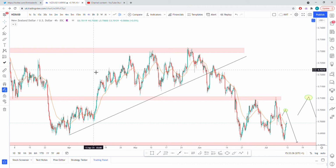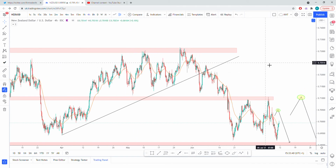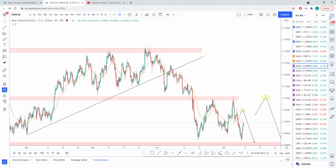Again, we'll give you a look into our week ahead and some of our analysis updates, and we'll also contrast our analysis from last week as well. So we are going to give gold and euro USD a look tomorrow, but we'll start off with NZD